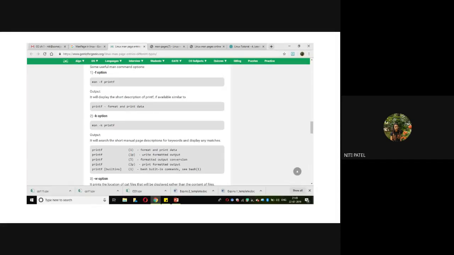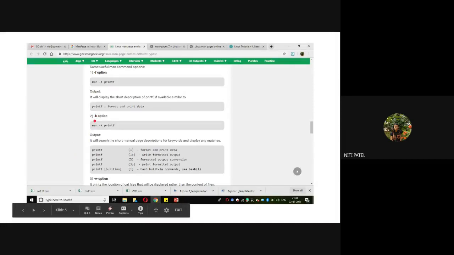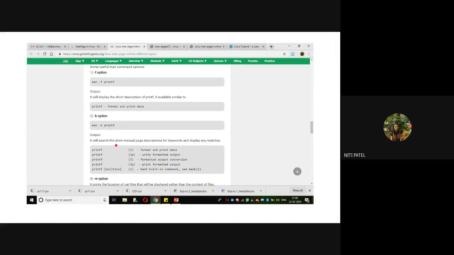Okay. Next is the -k option. First was -f, second is -k. Now what is -k doing? It will search the short manual page descriptions for keywords and display whatever is matching. Now, for example, what I have used here is man -k printf. In Linux there are many printf commands.